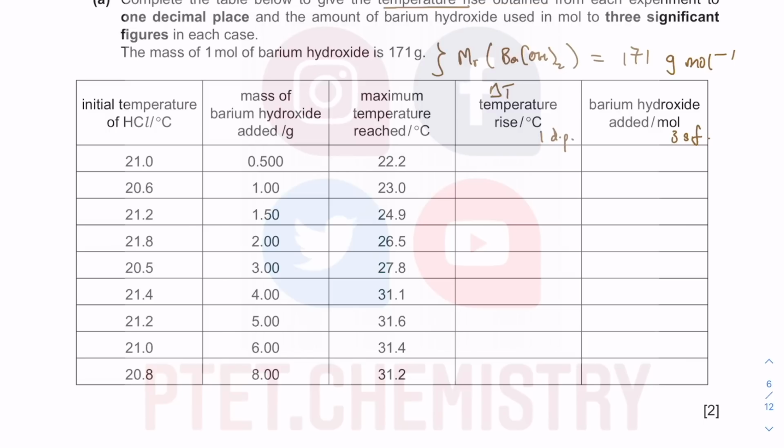I've dug out my old calculator again, having lost my newer calculator recently, but I still know my old calculator. So the initial temperature, and there's the maximum temperature reached. 22.2 minus 21.0 gives 1.2. Then 2.4. This kind of thing takes time, yeah. Do not think that it's just a matter of keying in a calculator. I would highly encourage you to actually time yourself and see how long you take doing all this without making any mistake at all. And this includes the next bit, which is plotting of the graph,